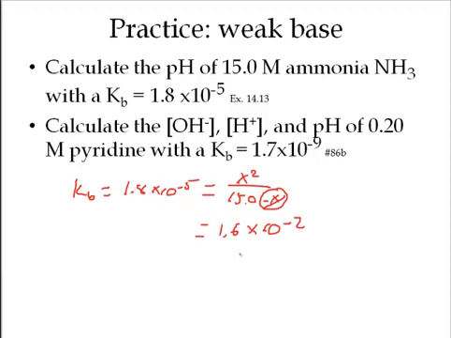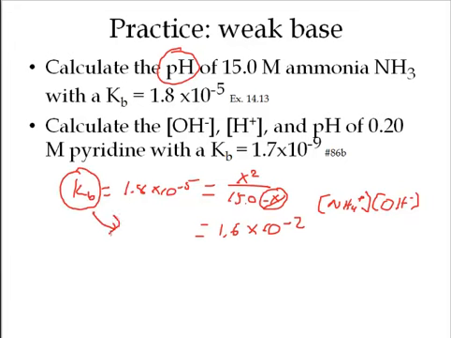Now, the thing that's super important here, and this is the mistake that a lot of students will make, because you've got to remember what this x squared is on the top. Remember, for this one it would be NH4+ and OH minus. And so what a lot of students will do right here is they'll take that number and take the negative log of that, and write that down as the pH. Notice it's asking for the pH up here. However, that's not the pH, it's really the pOH that we'd be calculating here. So you've got to remember that if I ever use a Kb, that's going to give me the OH concentration and not the H plus concentration.